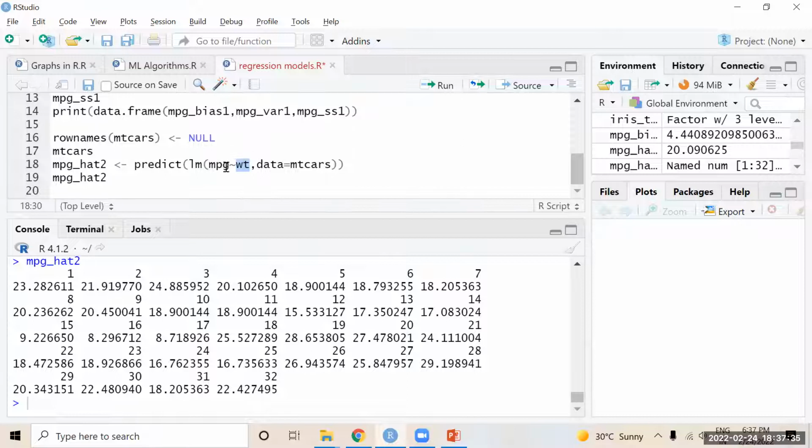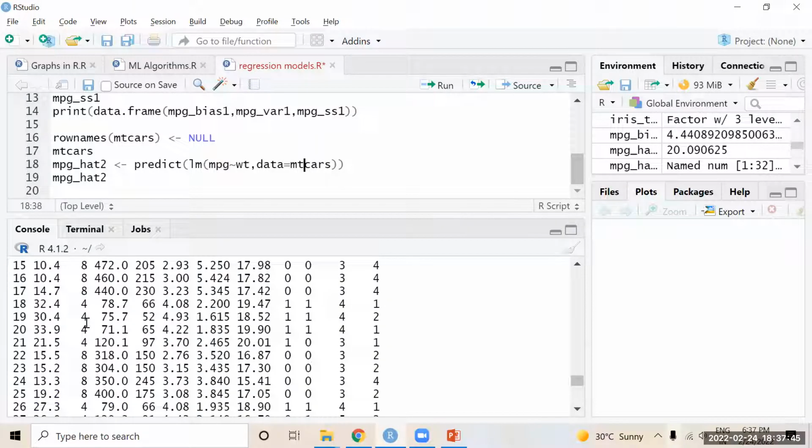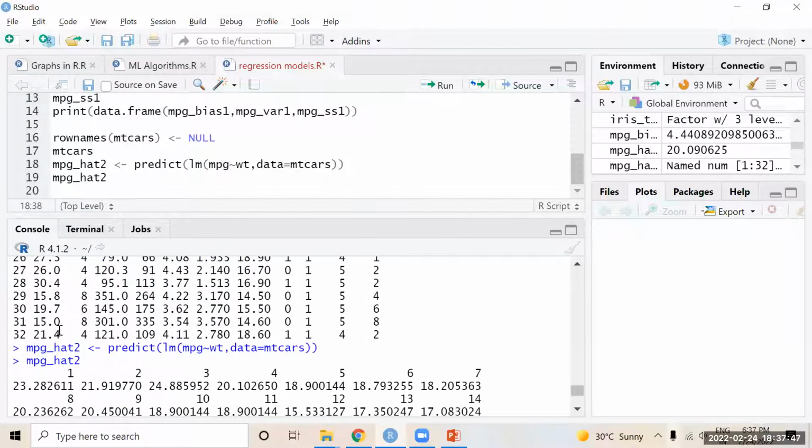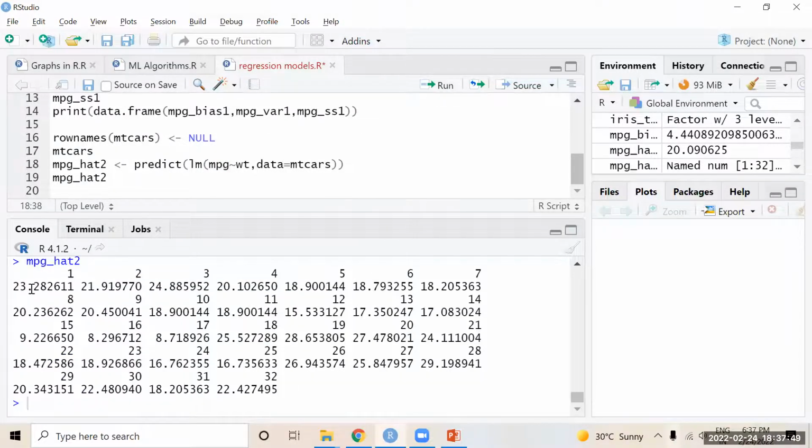Okay. Now here mpg is the y variable. I am predicting the mileage for the given weight, and I am taking all the mtcars vehicles. For the first vehicle, the actual value is 21, but the model predicted 23. Are you following, sir? Participants, are you following me?